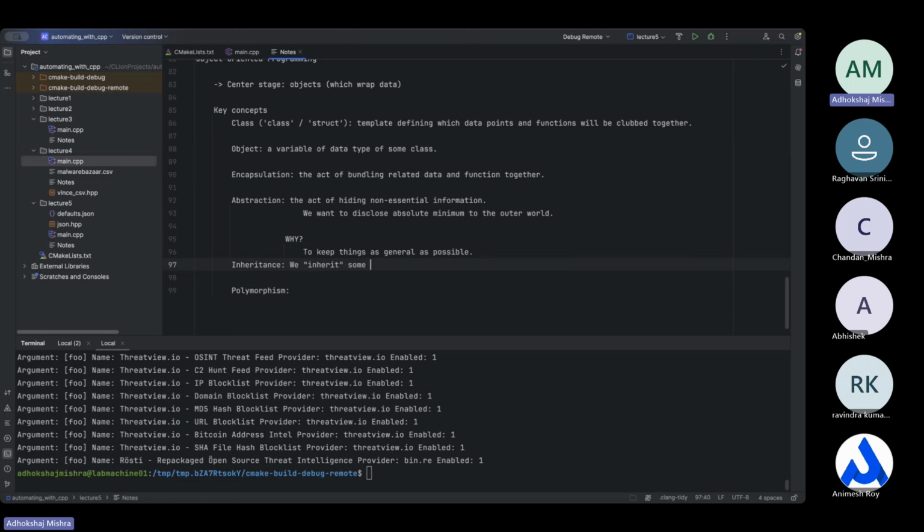And again, the question is why? So that we can extend the generic thing and convert it to a slightly less generic thing,